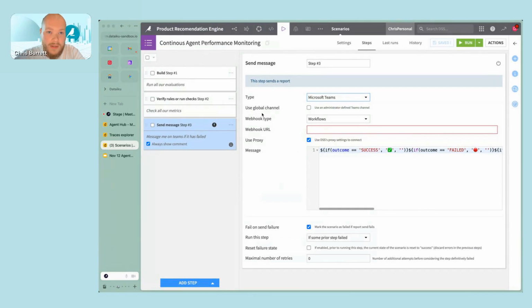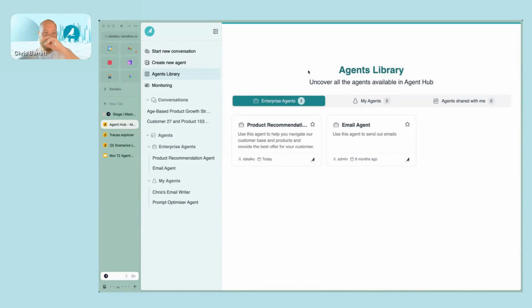All right, so now we've got that done. Let's actually start looking at how we can start exposing this in a conversational interface. And so this is Agent Hub. You probably heard all about this already, but essentially this is a unified interface that enables your organization to expose all of your different enterprise agents in one single interface so that your users don't have to go to Teams for one agent, then maybe another platform or web app for another agent, then maybe going to a specialized SaaS